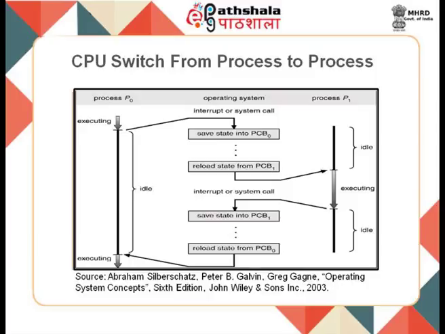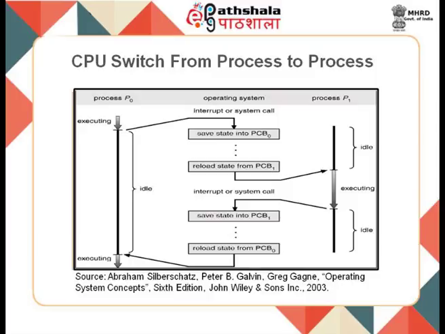So, you need to save the state of this process, because this process has not fully completed execution; it has executed halfway through, but there is now some interrupt or some system call which has to happen in the kernel mode. So, what you do is save the state of this process into PCB 0, and then